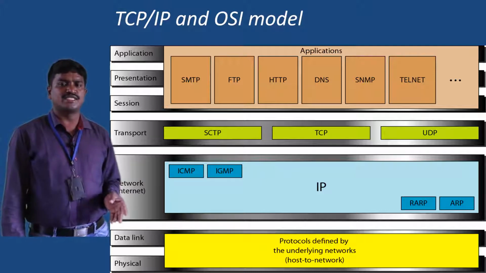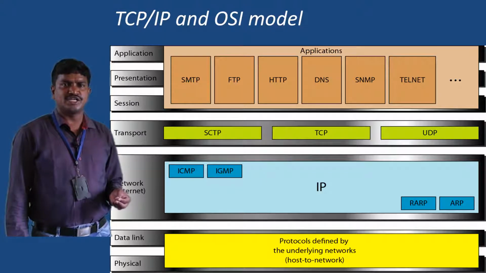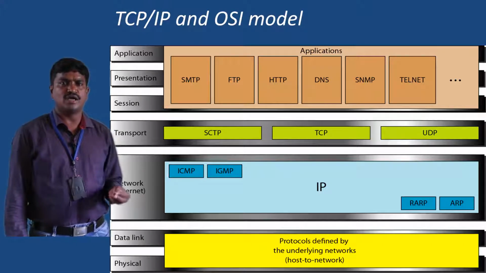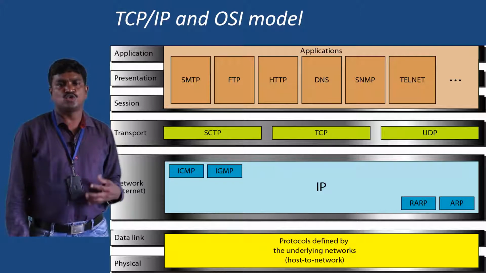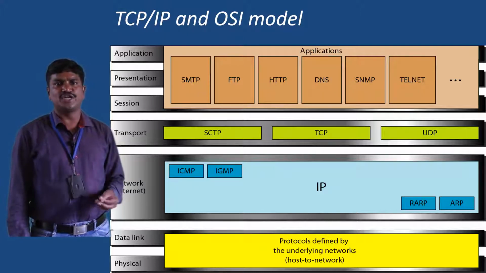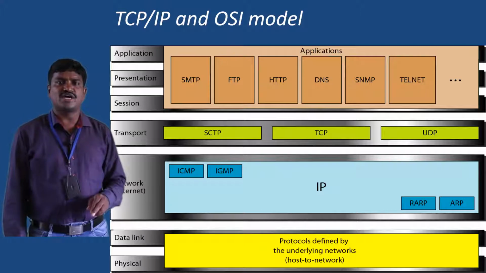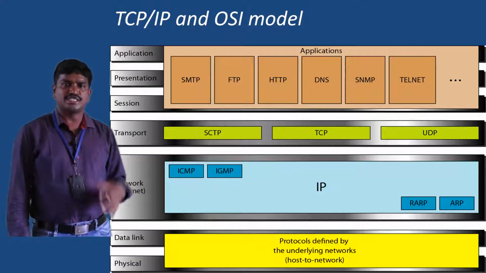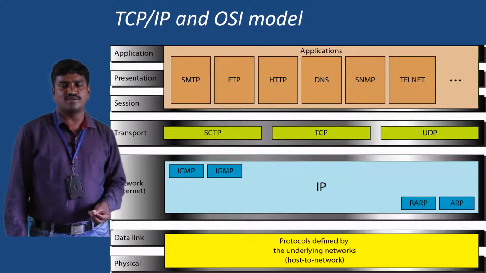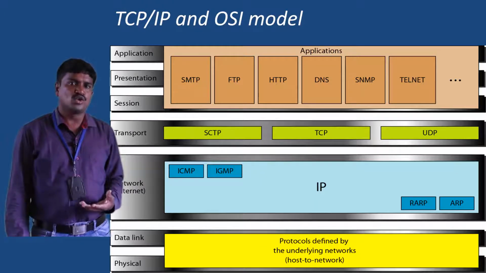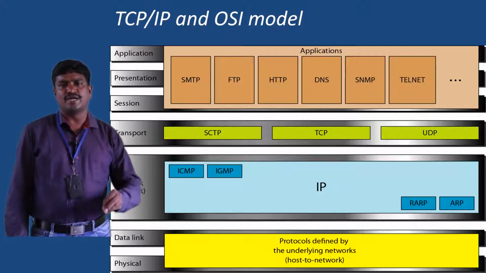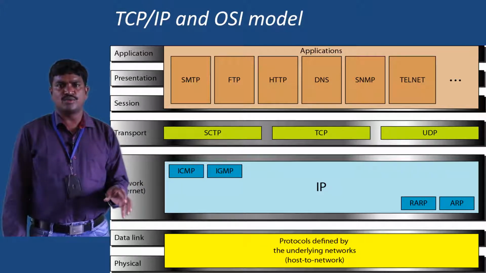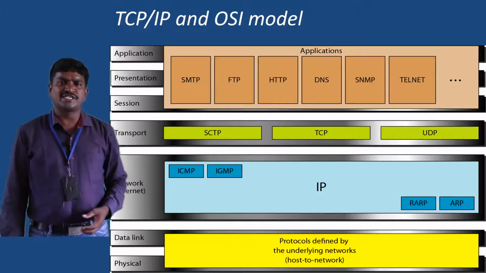Only 4 layers exist. So here, the presentation layer and session layer, these two are combined along with the application layer in the case of TCP/IP. So there is no session or presentation layer in TCP/IP, but it is part of the application. Nowadays, applications themselves bother about which kind of data format we are going to process. All these things are application protocol dependent. Now all the functionalities we have, like session layer functionalities and presentation layer functionalities